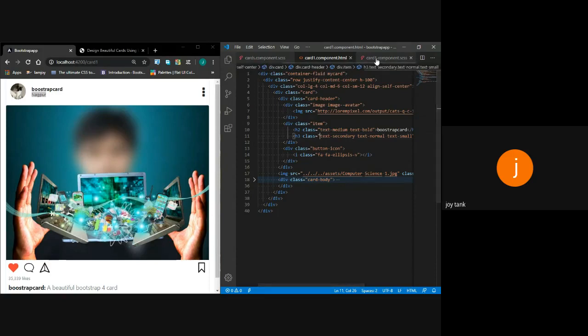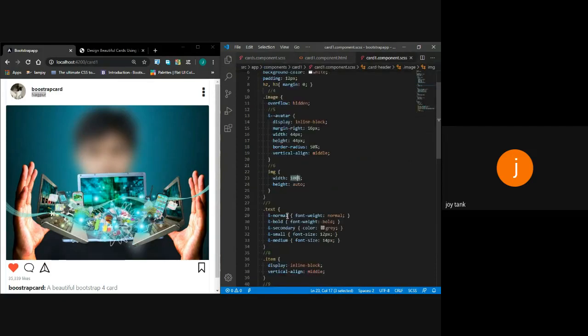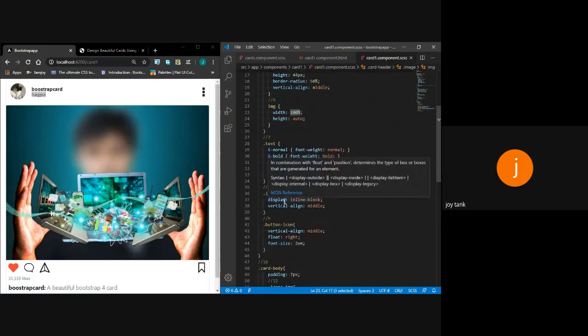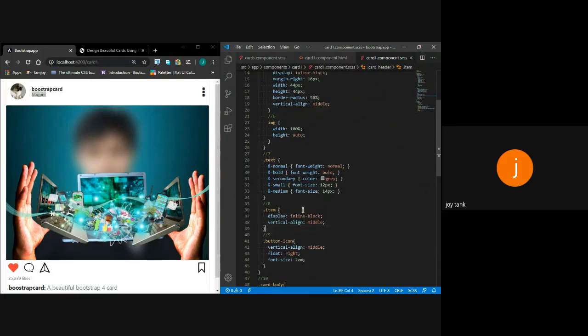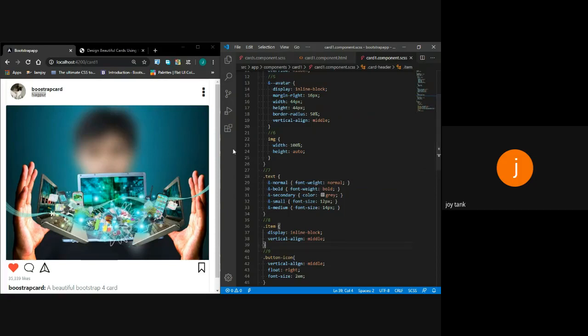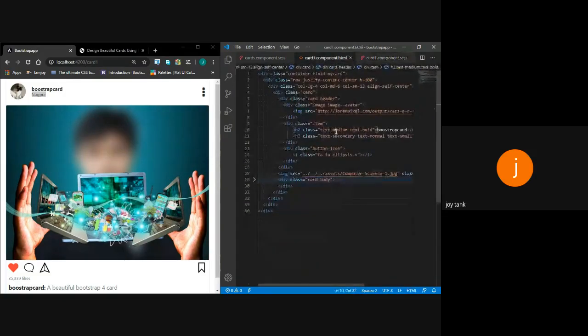So I will go again into CSS. I will say please place my item in the middle of a vertical margin beside this image. Second, I will say my text should appear in font size of 12 px. I've given certain classes like text medium, text bold so it appears in bold, and text secondary. I've also implemented classes text neat, text normal, text small.